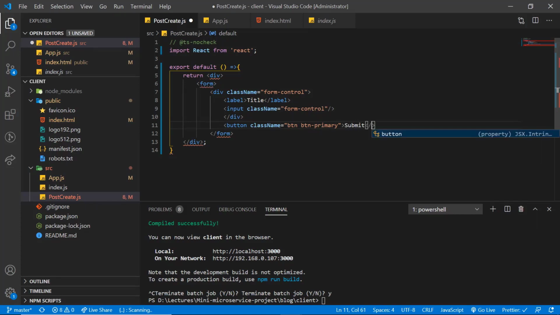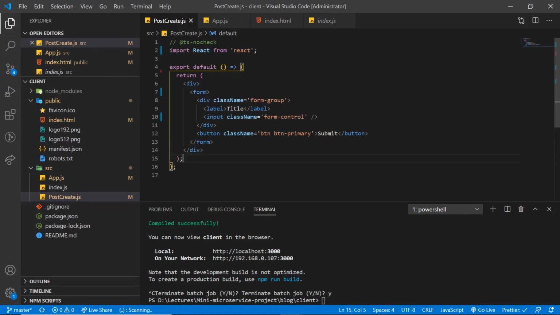This is the text that I want to show. Let me change this class to group. Okay. Save this. I am using these classes in order to use the Bootstrap styling that we imported earlier.